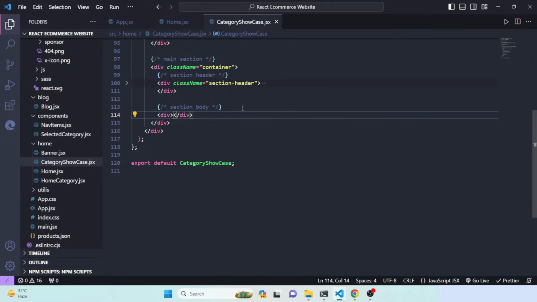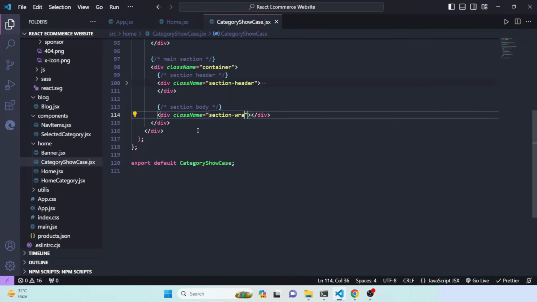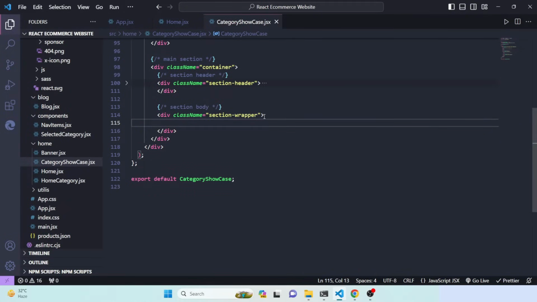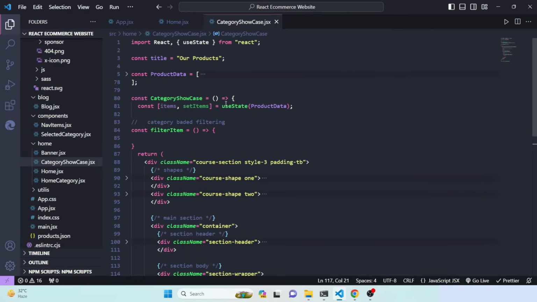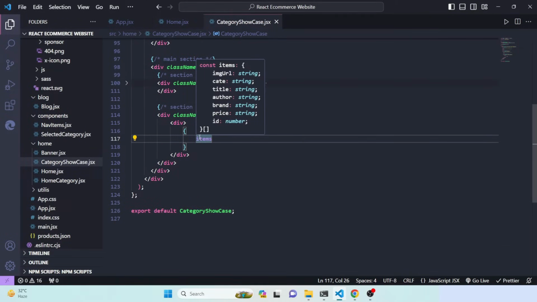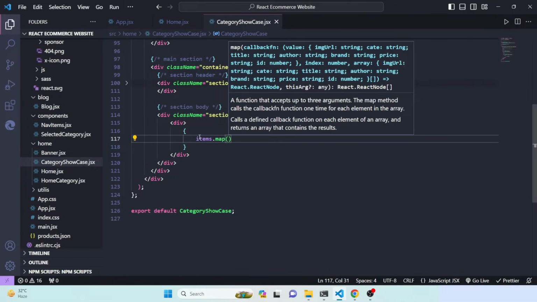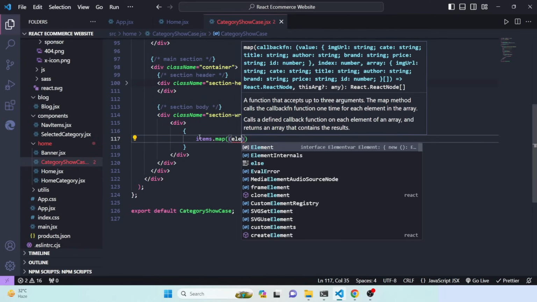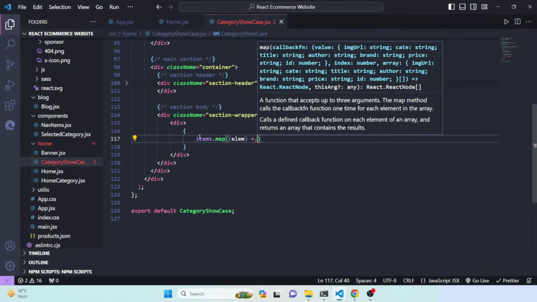So that's why let me define a div. The class name would be section wrapper, and then inside this div we'll take a new div, and then we'll just map our items. So look, we have items here, and then we'll just map it. So map method, and here we'll receive element. So actually element would be the elements or the products, so you can define it products. Let me define it